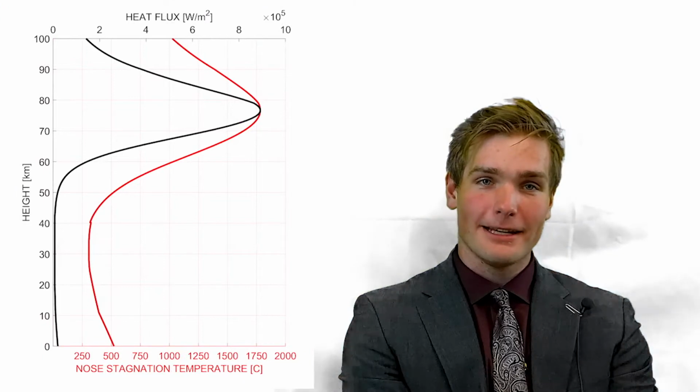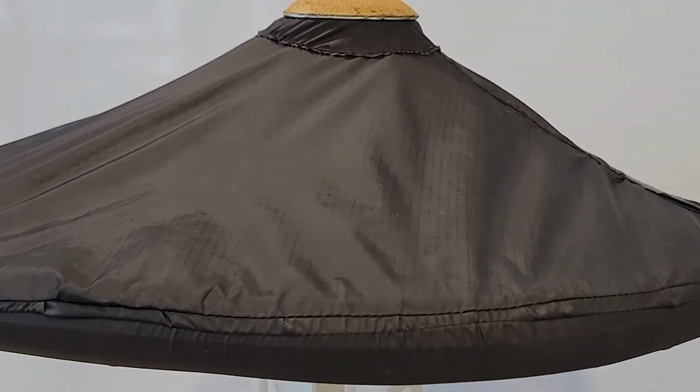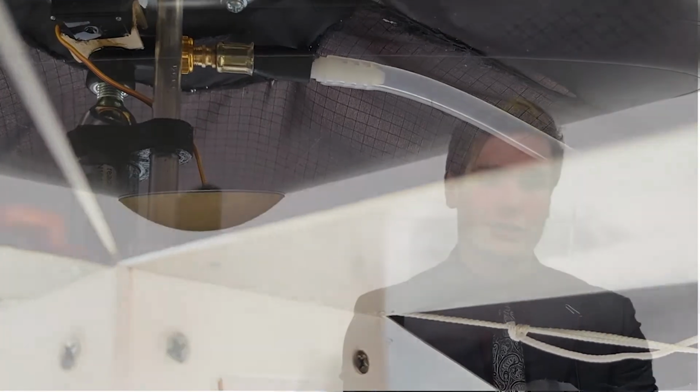Given that the expected peak stagnation temperature is very high, in order to avoid thermal failure of the heat shield and keep the payload and bus from overheating, the team designed the main thermal protection system in two parts: an ablative cork phenolic nose cone to protect the stagnation region of the vehicle, and a tension cone heat shield made of Nextel heat-resistant ceramic fabric. This heat shield system configuration provides adequate heat protection, keeping the vehicle's average internal temperature at 27.6 degrees Celsius during